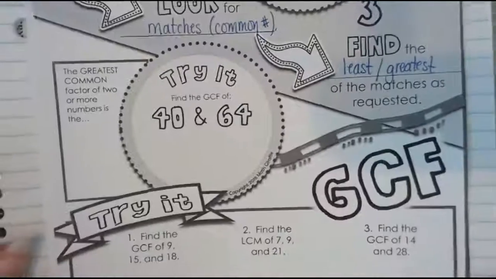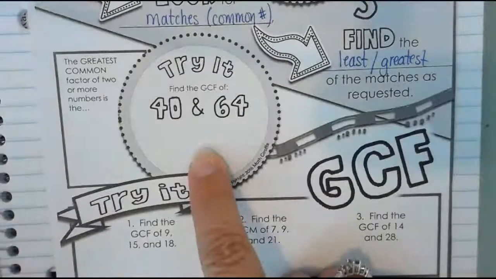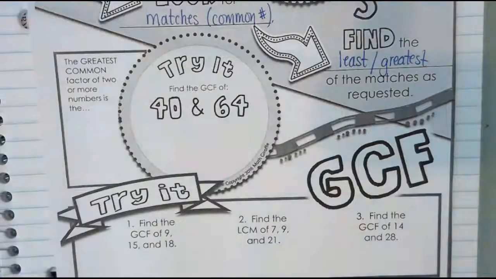And now next, I'm going to move to this next box where it says greatest common factor. Factor, 2 numbers, 1